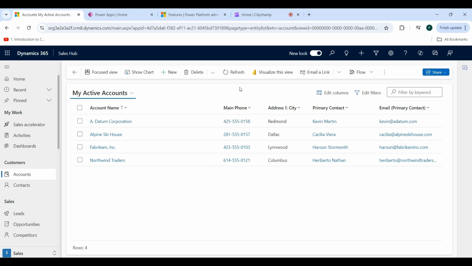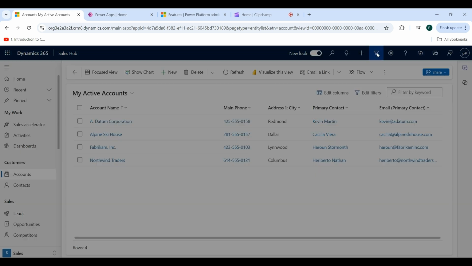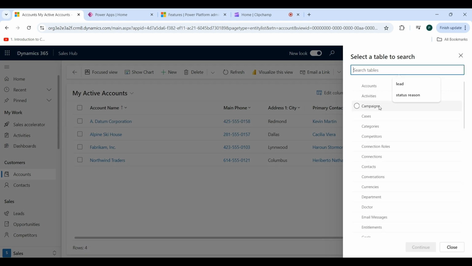Now let's talk about the modern advanced find. As you can see this icon, click on that. Now search for the table that I want to search on. One important thing is that you will only be able to search for tables that are actually part of the app.